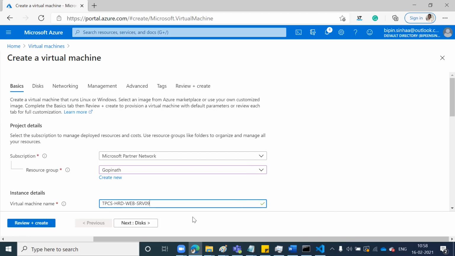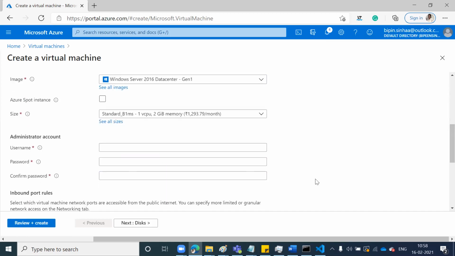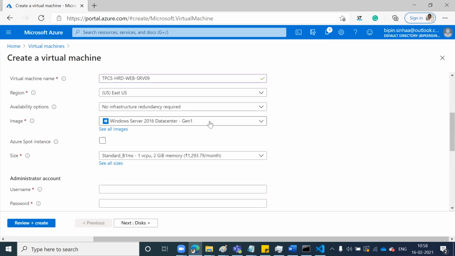Scroll down. Go up. Then the next thing we have to understand is for which region we are going to create this virtual machine. I say that if you are in India, it should be in Mumbai. Okay. So when you drop down, you will get the list of all the data centers of Microsoft.